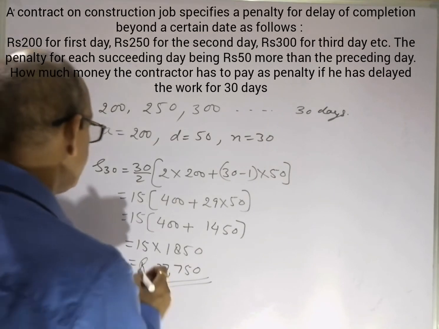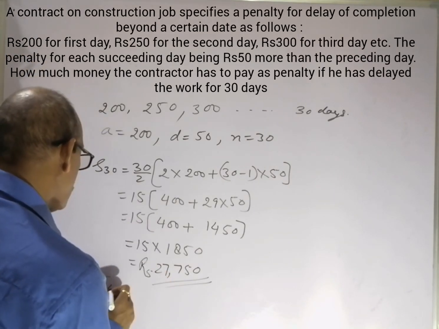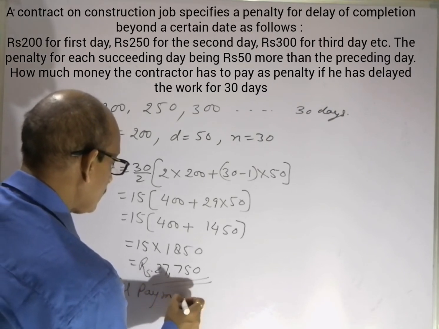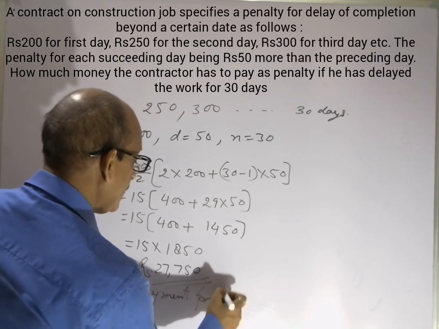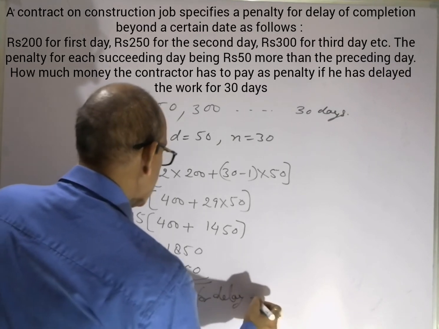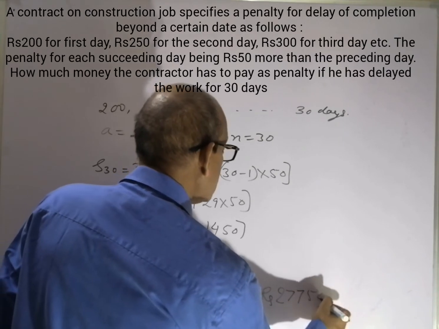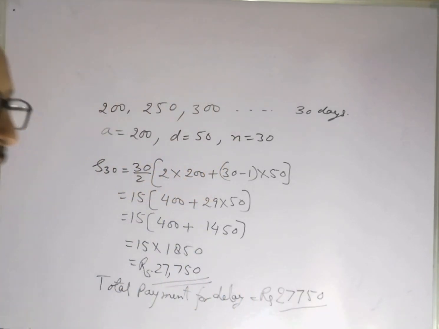Total payment for delay, that is rupees 27750. That's all for this question. Next